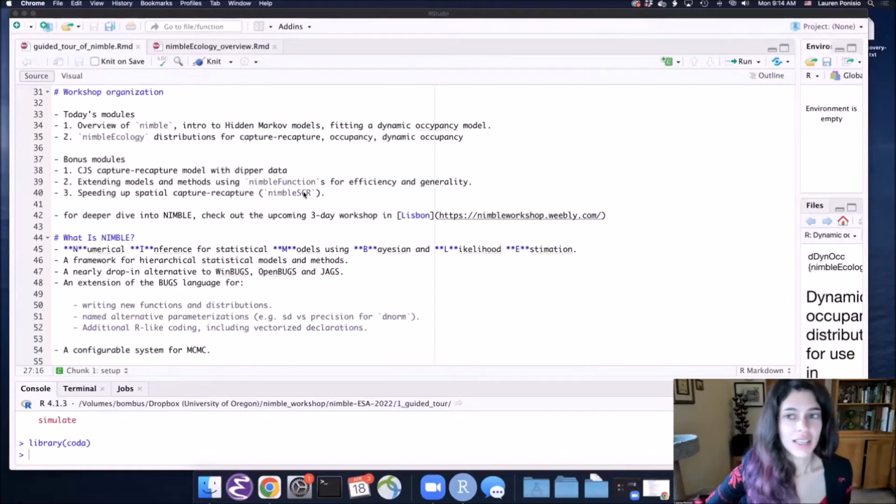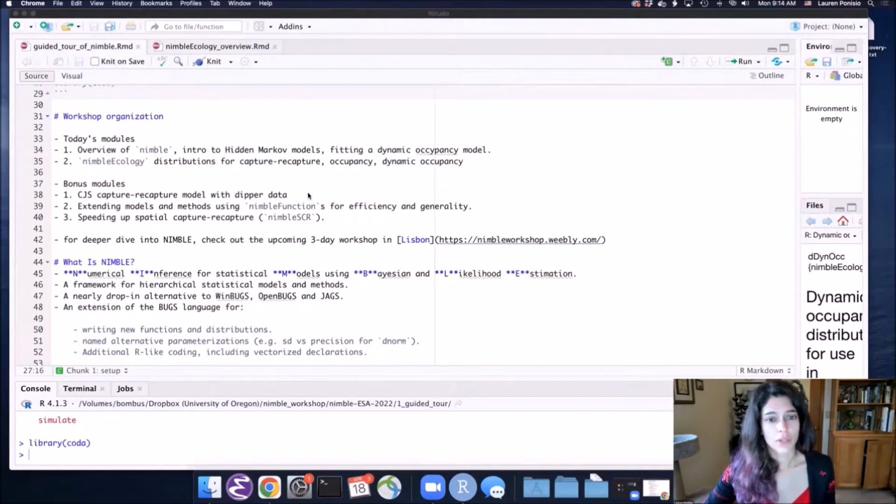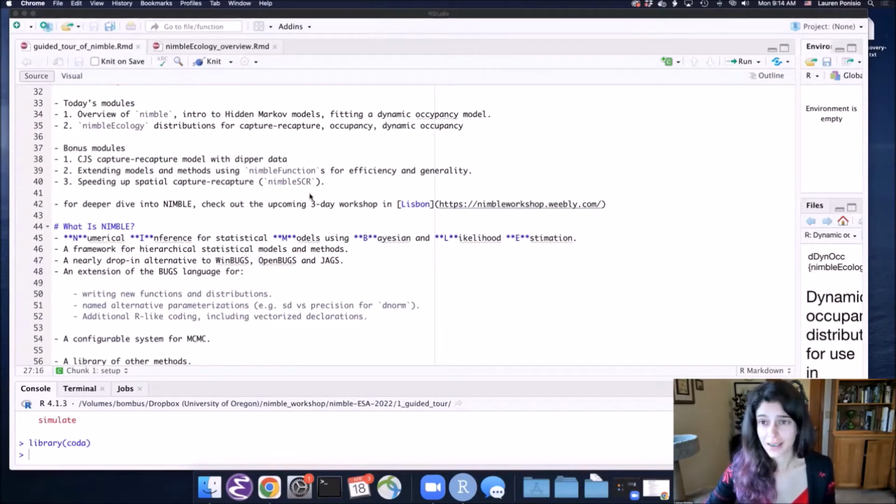So yeah, lovely to meet everyone. I'm Lauren Pinicio. I'm at the University of Oregon now. I was recruited up here to teach intro data science, which I'm extremely excited about. It's mostly been in Python, so I might have little moments of like, I've forgotten all my R bits. But I was a postdoc with Perry DeValpine as a graduate student,